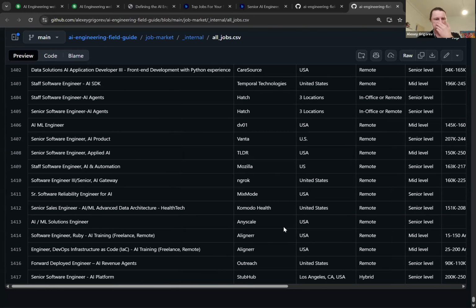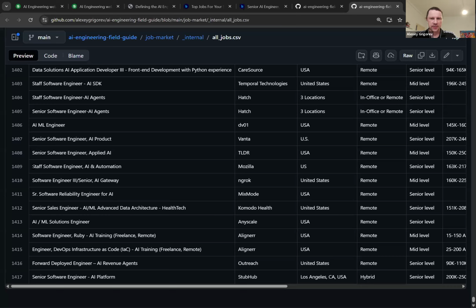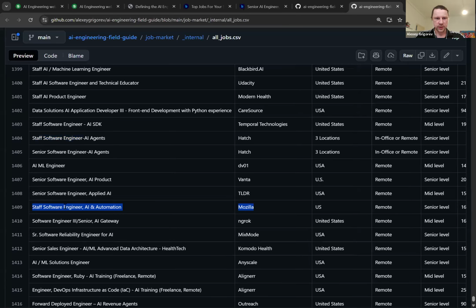But then I started analyzing them and I noticed that there are many repetitions. So I removed a few noisy ones, and I also deduplicated based on the job title and company name. For example, here we have this staff software engineer, AI and automation from Mozilla. If this combination appears multiple times, I just drop it.